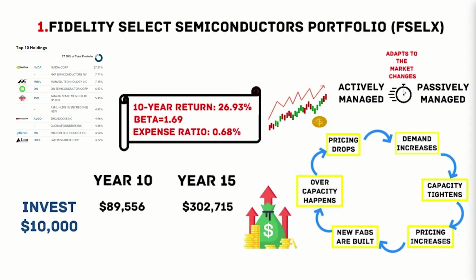This one had a 10-year return of 26.9%. The beta, 1.69, a little bit riskier. Expense ratio of 0.68, actively managed fund. That's why you get that higher return rate. Again, with that 1.6 beta, you're going to have some more volatility. You have to deal with how these